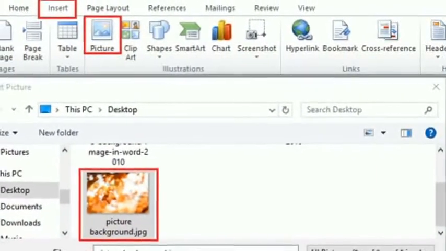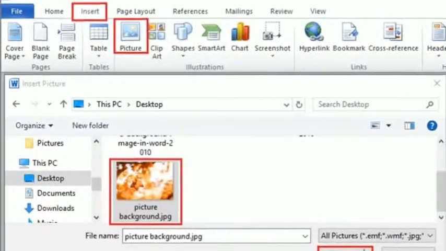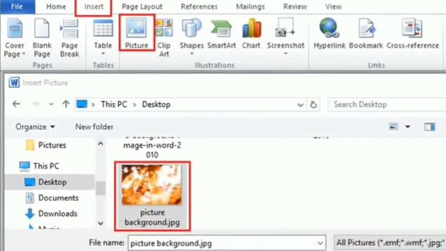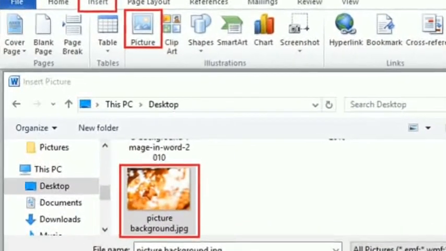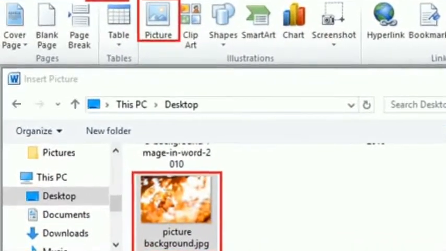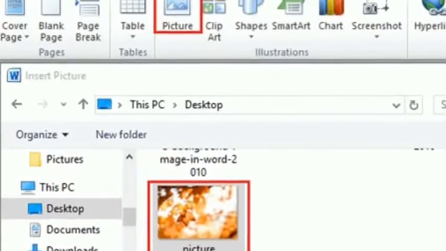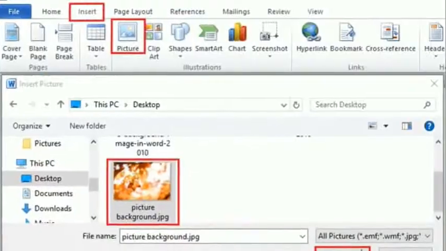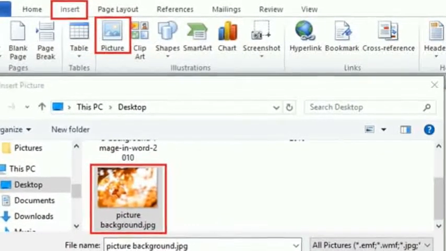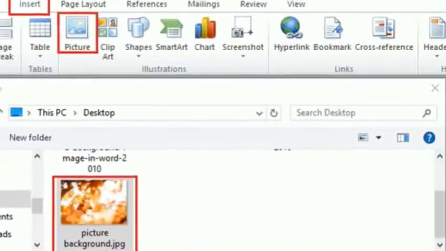Word displays a sample of the selected border option in the Preview section. Now click the OK button, so Word will apply the selected border to all the pages in the document.